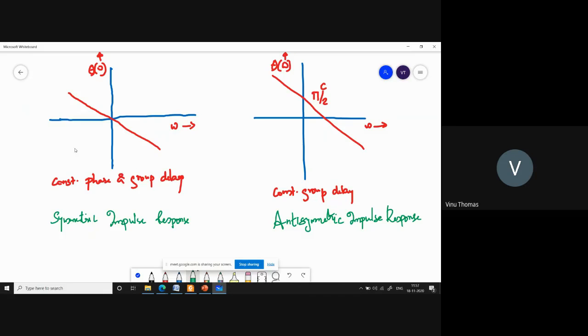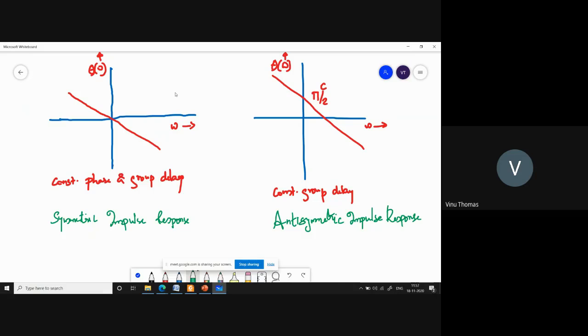The first type, type 1, is a filter with an impulse response that is symmetric, and the length of the filter is odd. And type 2 is when the impulse response is symmetric, but however the length of the filter is even. Type 3 would be the case where the impulse response is anti-symmetric and the length of the filter is odd. And type 4 will be the anti-symmetric impulse response case with the length of the filter being even.